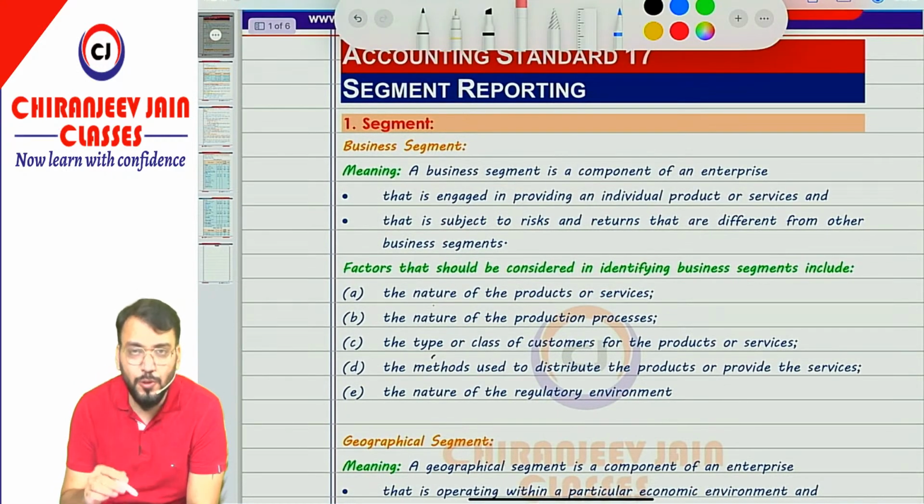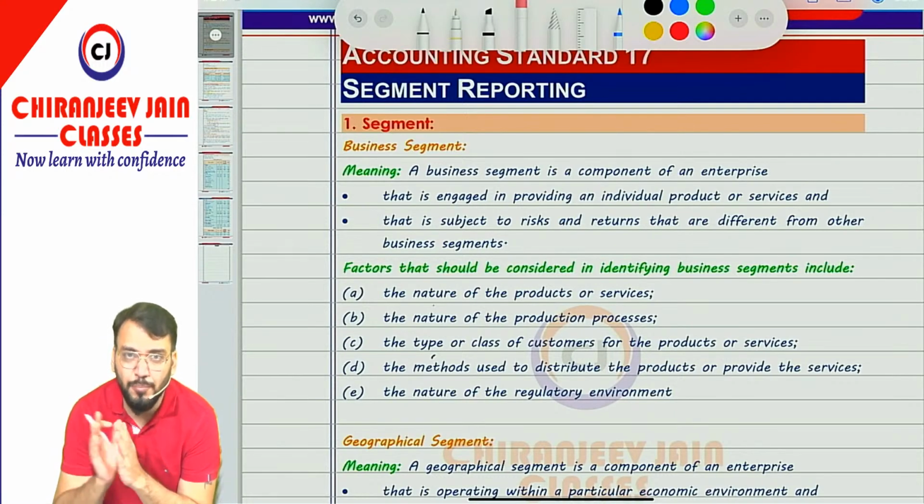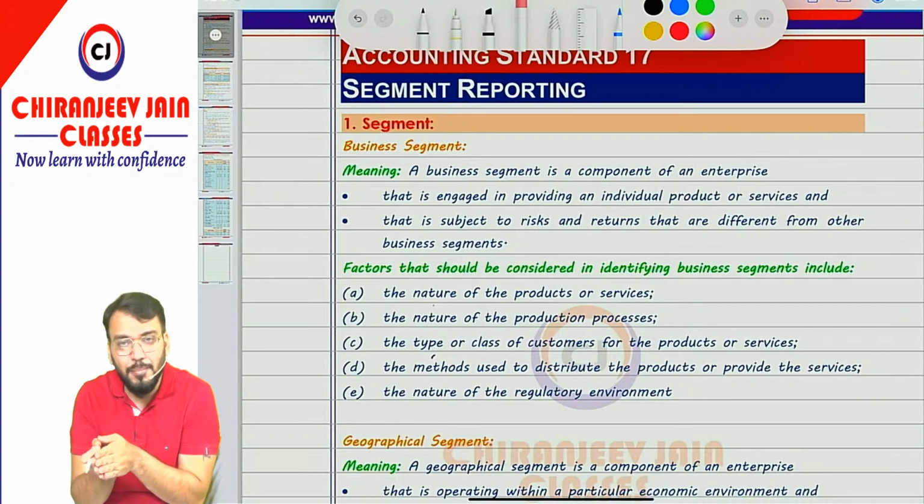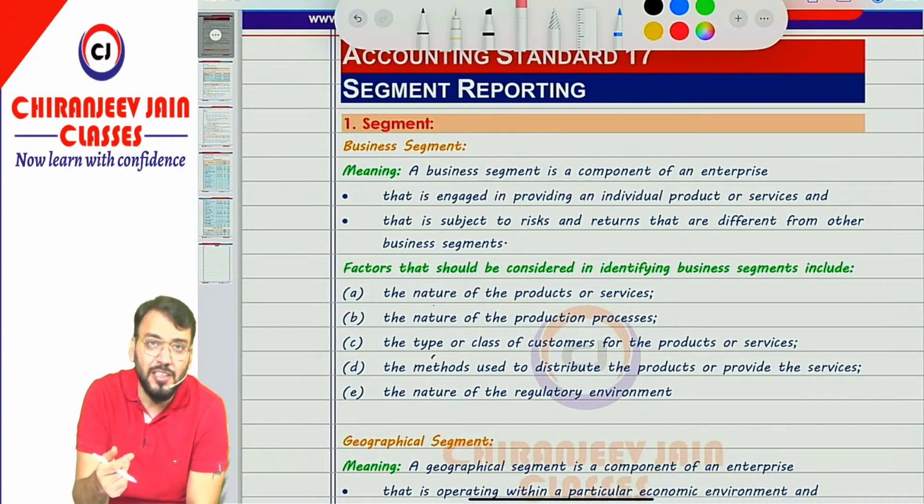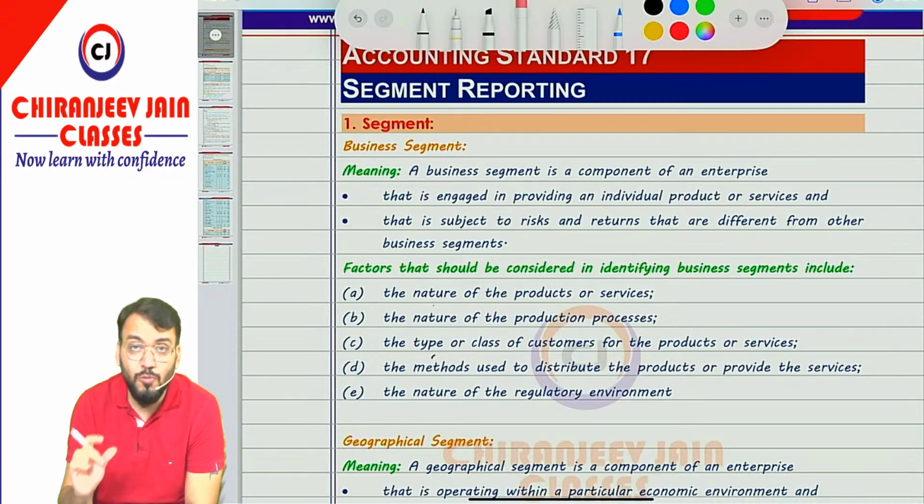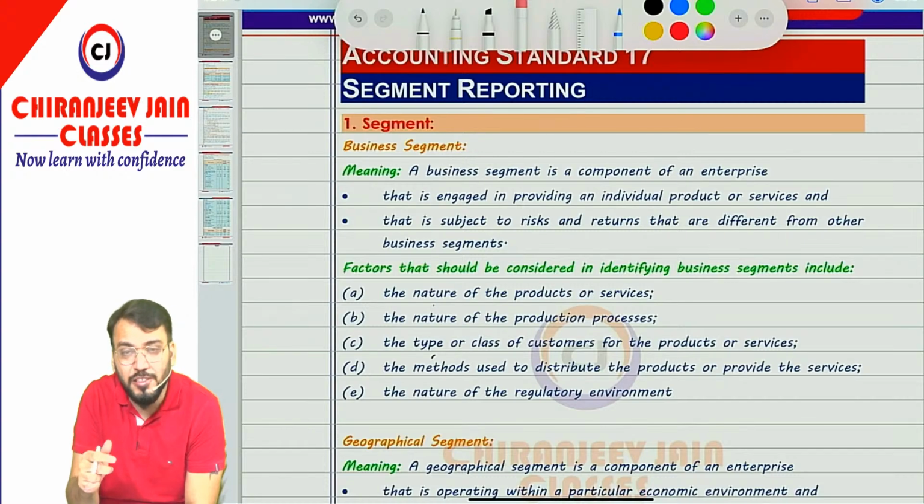So, segment reporting means this chapter says that the entire entity is actually a combination of components. That component can be either business component or geographical component, and we need to disclose some information about segment from the point of view of user. So what information is required to disclose, for which segment information will be disclosed, that we are going to understand